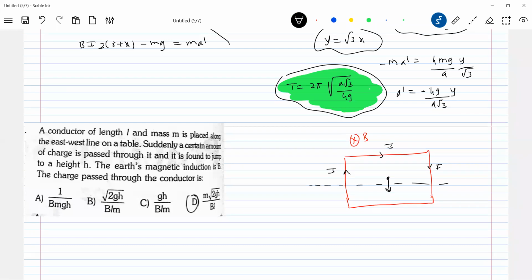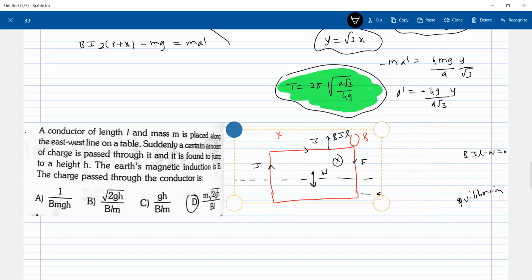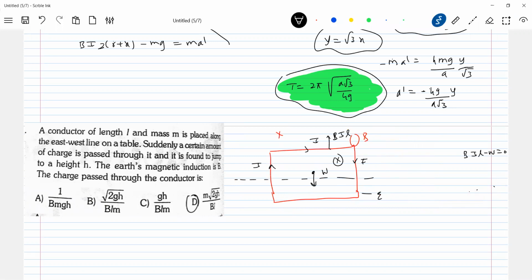The weight is W, and B bar is into the plane everywhere. Now the BIL force, you take like this here. The BIL force will balance the weight, so it's in equilibrium. Now you slightly displace it and release. What will happen to the loop? Try to analyze these. Just don't end up there only. If the shape of the loop changes, what conditions will arise?